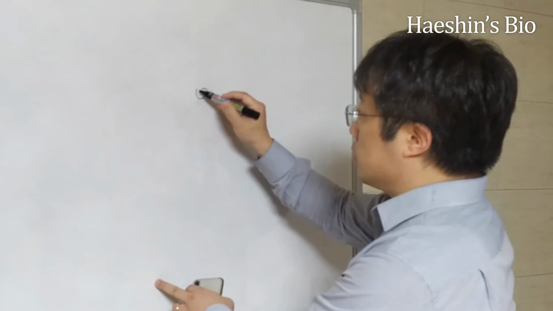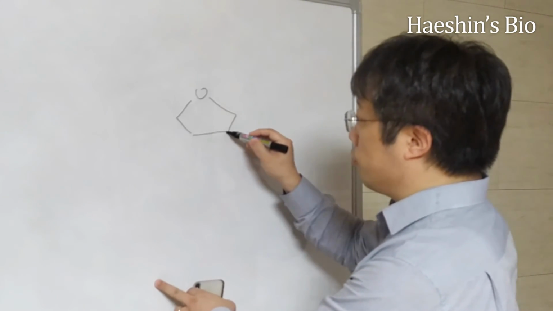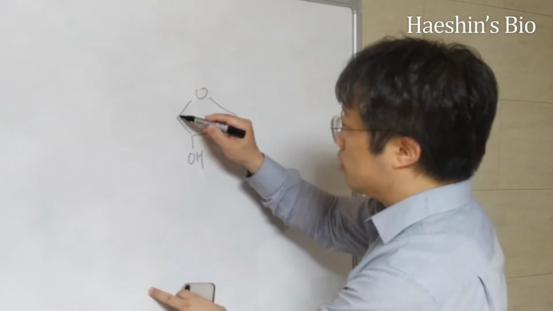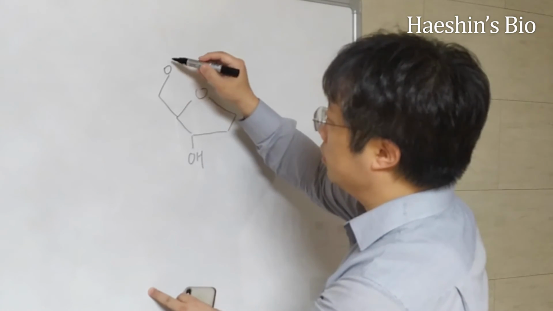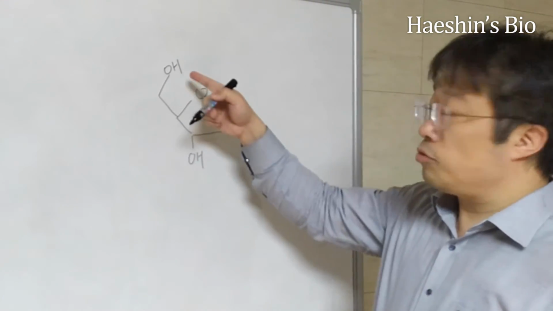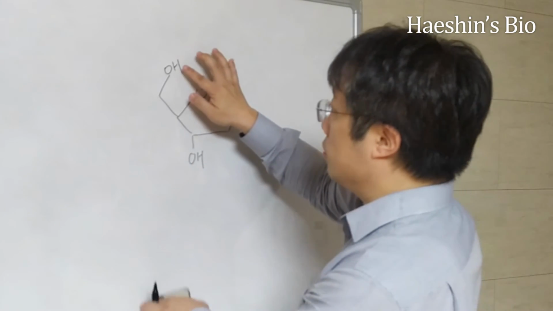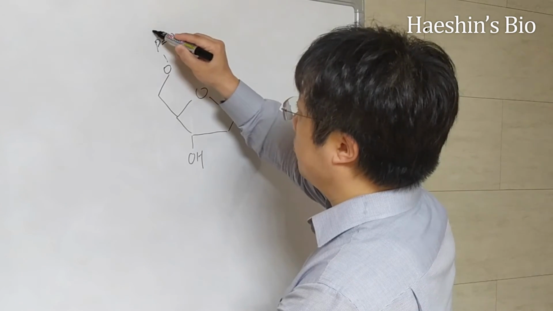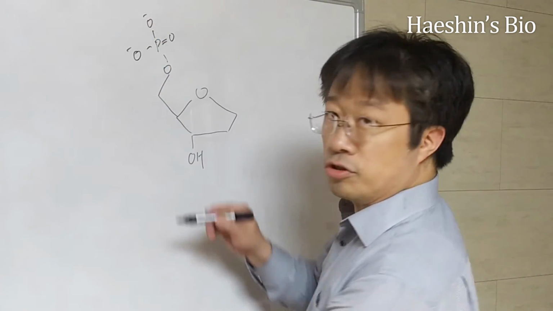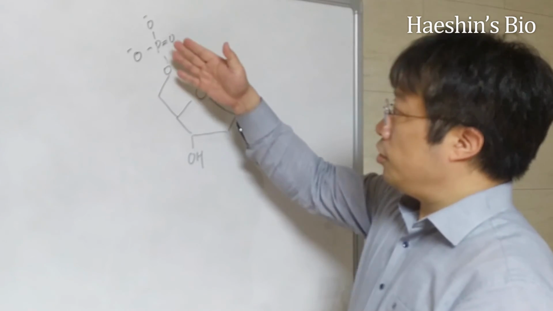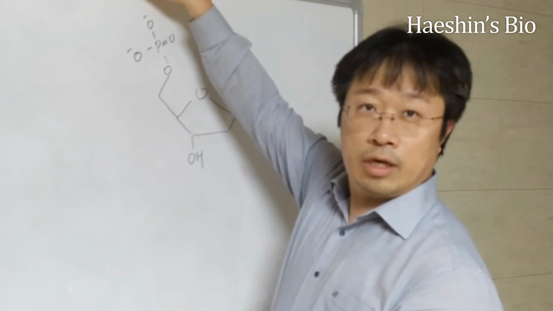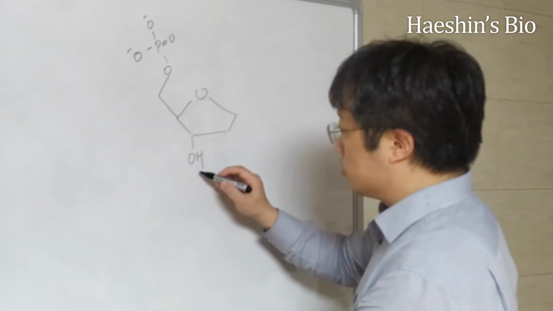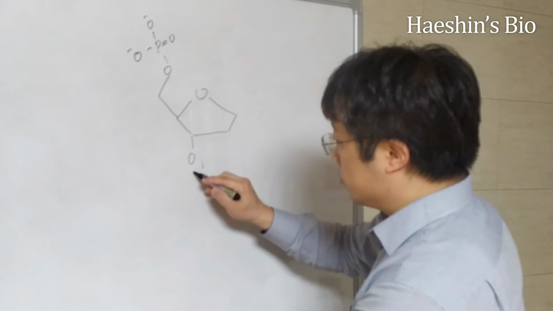So for DNA, the basic structure is a sugar. I want to recall your memory about the 5-member ring of the sugar, and then you have secondary hydroxyl groups, and to the 5-member ring's hydroxyl groups you have the phosphate group connecting here. Then the phosphate groups look like this structure, and then to here we have another unit that comes in, and below it you have another phosphate structure, which also comes through